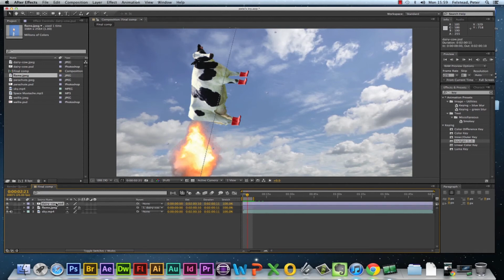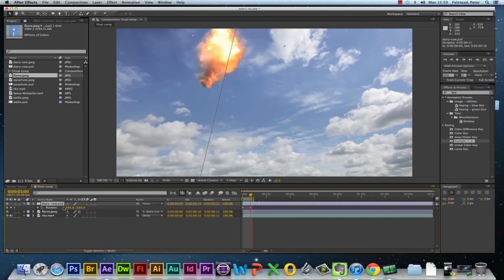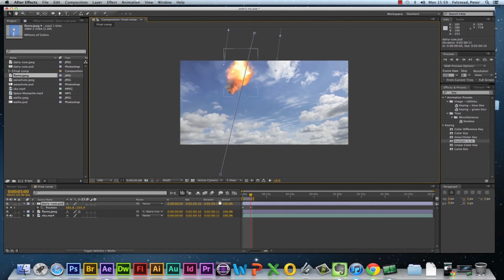I'm going to press U on the keyboard, uniform, and when I do that it shows me any keyframes that are put onto that layer. Now if I click over here on this jump to next keyframe, I will get to the end keyframe. I need to zoom out a bit back to my 50%, and now if I just drag the position further up, I've modified the end point